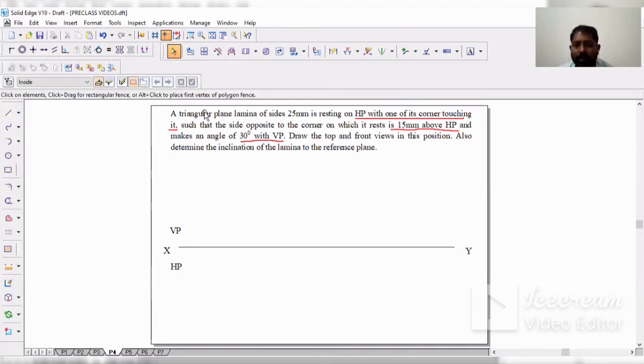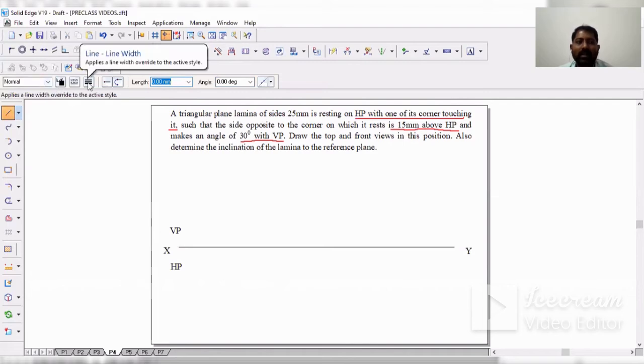Next, I need to construct a triangular lamina of 25 mm resting on one of its corners. For that, I'll go to the line command. I'll select the thickness of the line as 0.5 for visible. Then I'll construct the triangle.